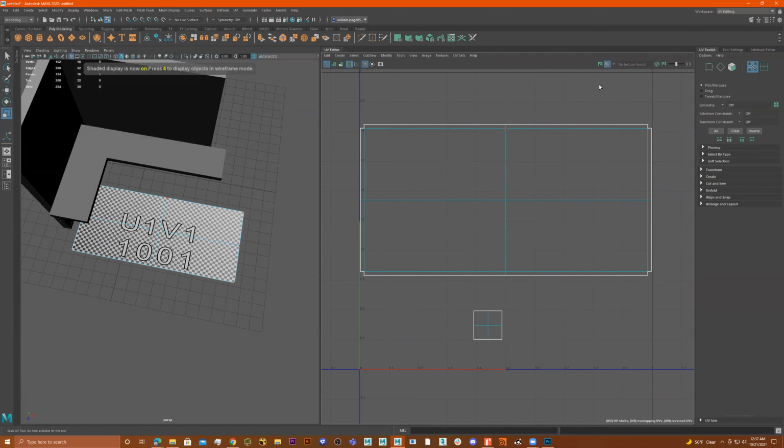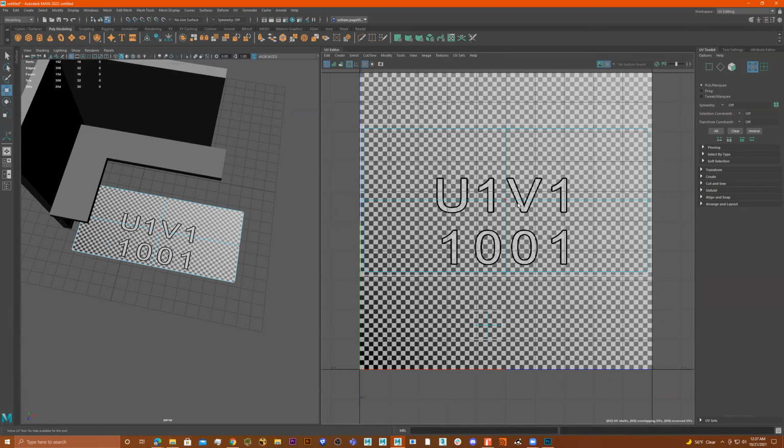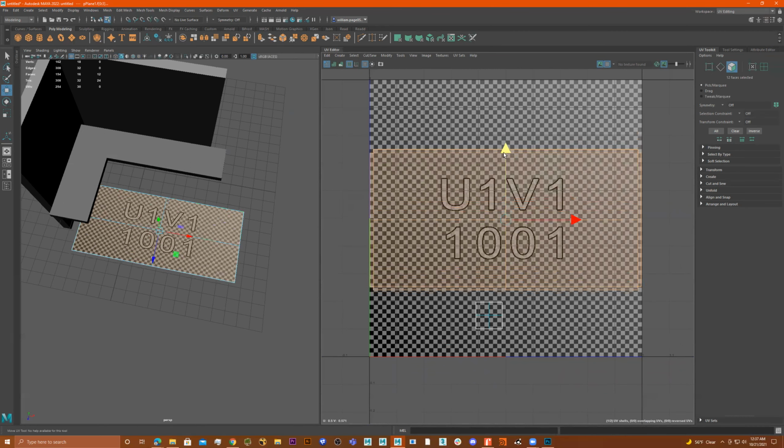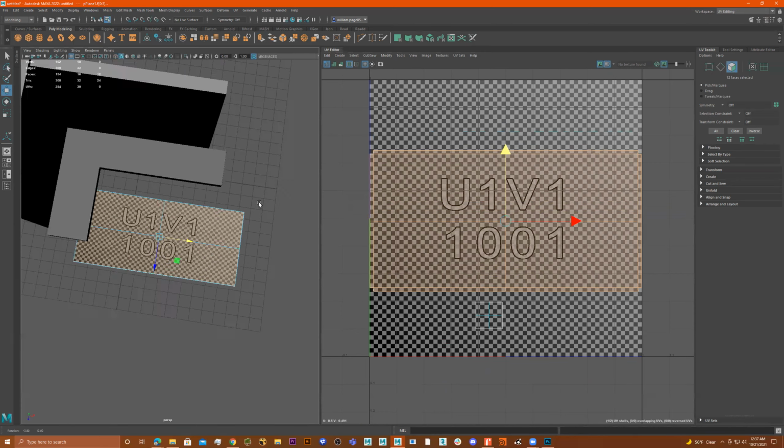We can see it's on the UV. And remember, if we look at it right here, this is a bit too bright for me, because I'm old and my eyes are going, right? So I got to go to image. If I go to dim, it dims it down a little bit. So I'll double click on this. As we can see, what we see here,